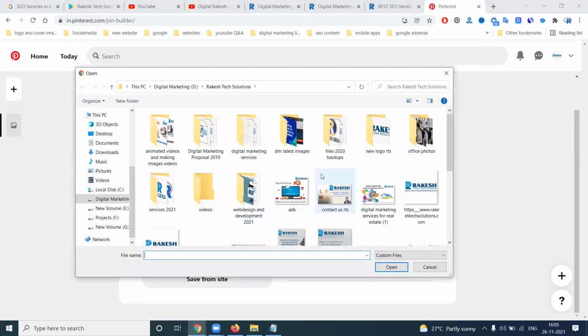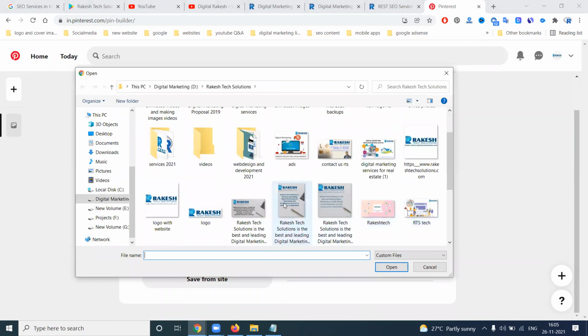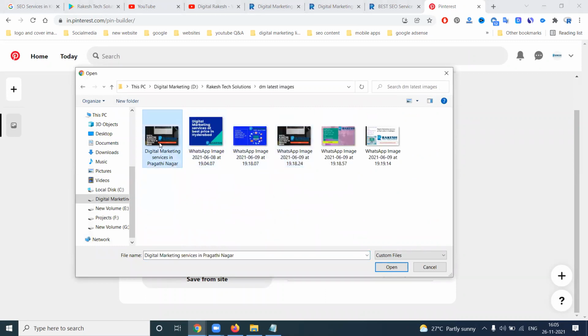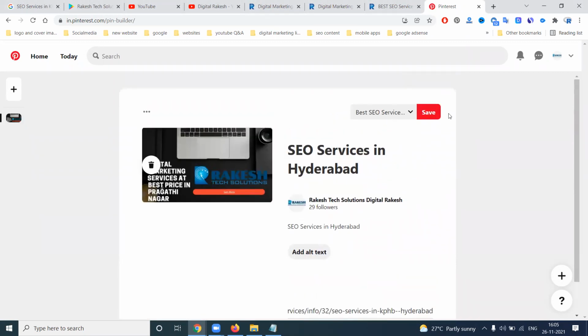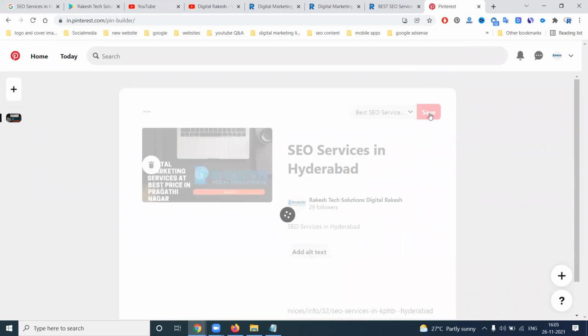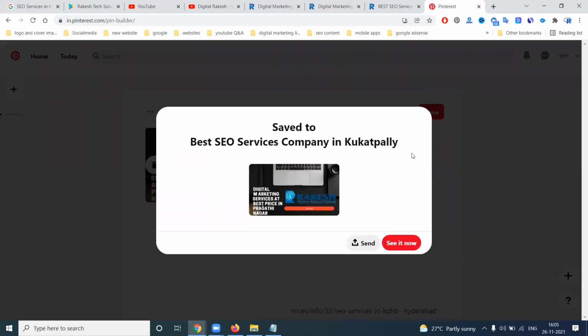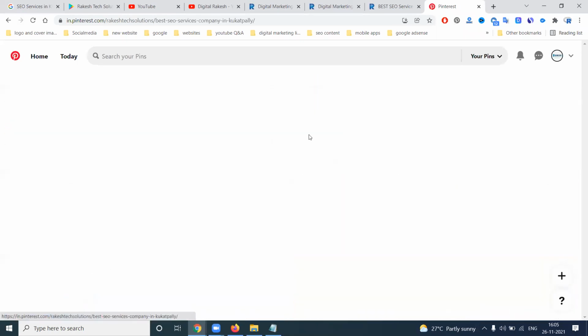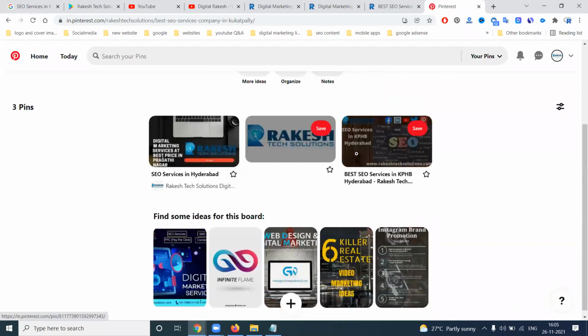Now here I'm changing the image. Which image am I changing? I'm changing it here. So what is our exact image? See, best SEO. The keyword is the same, the link is the same, the image will be changed. That is the pin option. So one link we can add for any number of images. Go to best SEO. See, this is one image, this is a second image.